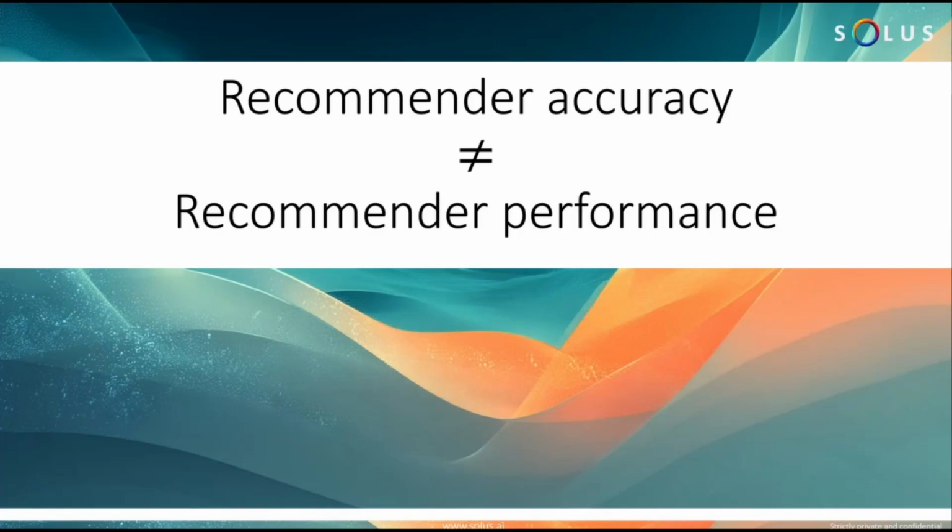But recommender performance, on the other hand, is a multi-tiered sort of question, because you're talking about performance in terms of that analytical accuracy. You're also talking about performance in terms of, am I getting the customer to engage with the brand by getting on the website or getting on the app? Am I getting the customer to buy more? Am I getting the customer to buy more in the direction that I'm nudging him or her in? All of these questions become part of recommender performance. So there's a much larger question at play. So just like you have accuracy for algorithms, performance is a multi-dimensional sort of measurement that applies to recommenders in general. Okay, so that's another aspect to sort of keep in mind.